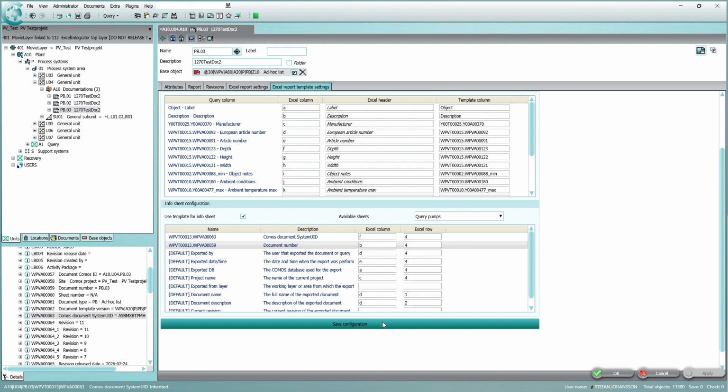These settings then remain on the document and are most likely not something that the average user will change very often, as you may have a layout that you always want to apply to this type of report. To demonstrate this, I've already made some changes to the report and created a new revision that I now simply need to release. Before I do that, I just want to make sure that the Excel report will be attached